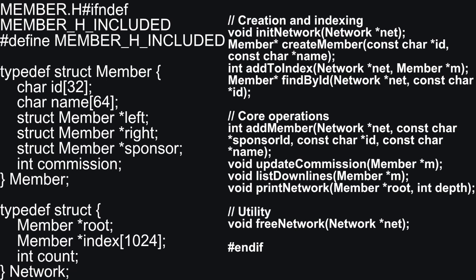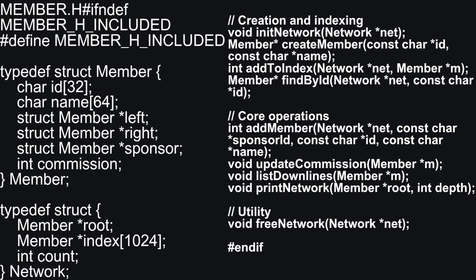Next, we have the definition of the member structure. This is the template for every person in our network. Inside it, we store the following information: ID, name, pointers to the left and right downlines, sponsor, and commission. After that, we have the network structure. This acts as a container for the organization.